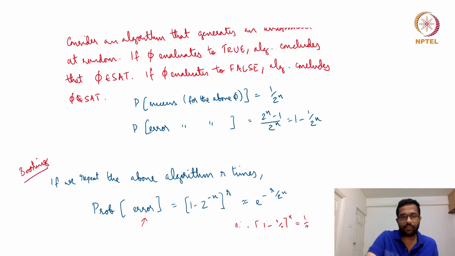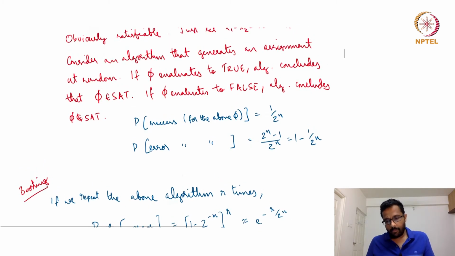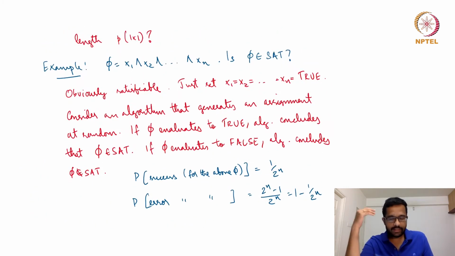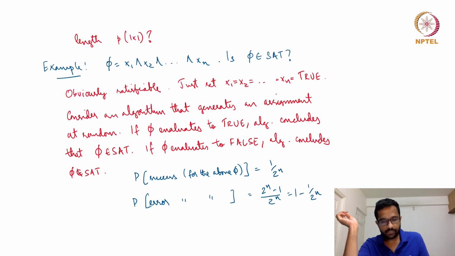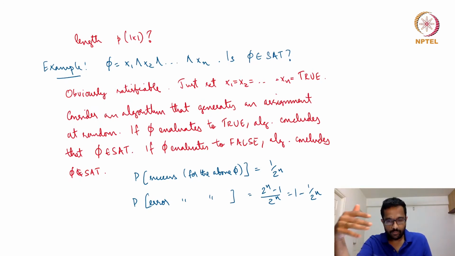Okay, we repeat the algorithm many times. So let's see what happens. In this case, what should you do? Let's say you repeat it 2 times. Meaning you first randomly generate an assignment and then you again randomly generate an assignment and evaluate phi at both